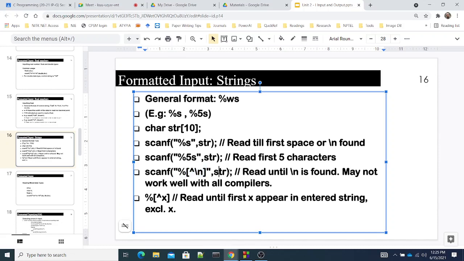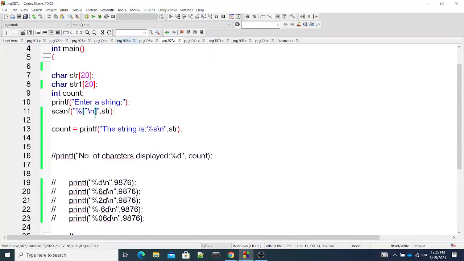But in Code Blocks, the compiler we use is the GNU C compiler. In eBox also what we are using is the GNU compiler. This seems to work there. Okay. And instead of slash n, if I put x, until x is encountered, it will read. All the characters before x, it will read. If I specify a, all the characters until a, it will be reading. So I can give an example. Instead of slash n, which means until slash n all the characters are going to be accepted into your program,